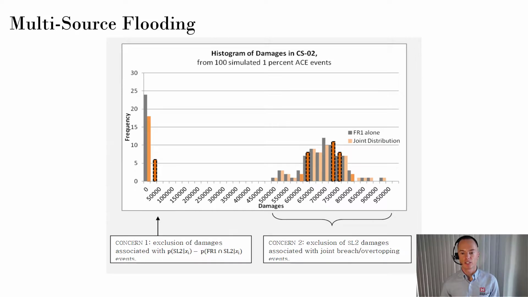The next important consideration in the analysis is the complications presented when there are multiple sources of flooding in a study area. It is difficult to predict when one or the other or both sources will happen. Choosing one source over modeling the joint distribution, however, has the potential to underestimate risk. In the histogram, the frequency of different levels of damages are presented for a sole source of flooding and the joint distribution of flooding between that and another source. Observe that for many levels of damage, the joint distribution has a higher level of frequency, as can be seen by the bars with the dashed outline.